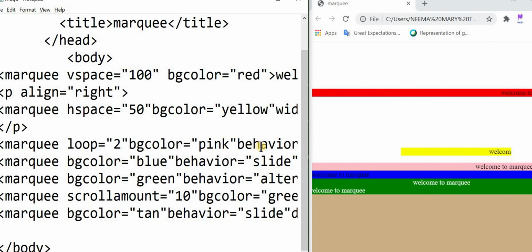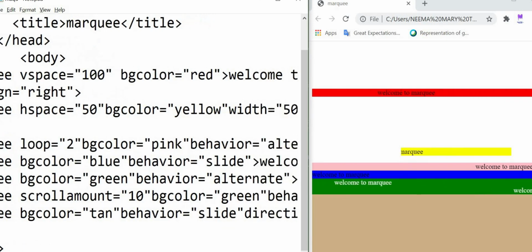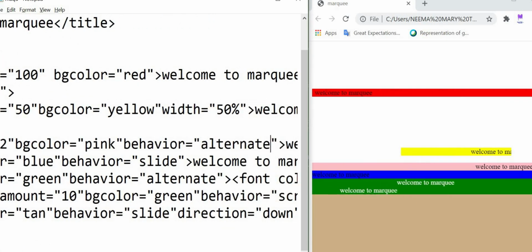Behavior, there are 3 types of behavior like slide, scroll, and alternate. Direction, you can give left, right, up and down. All these we have learned from this.